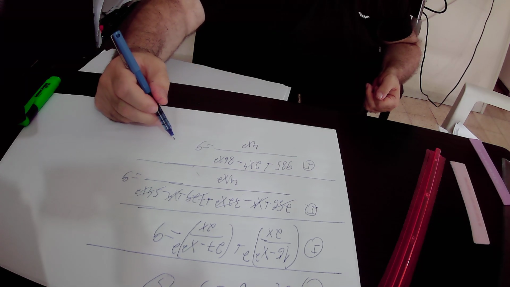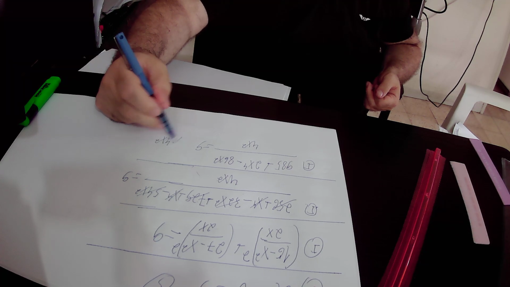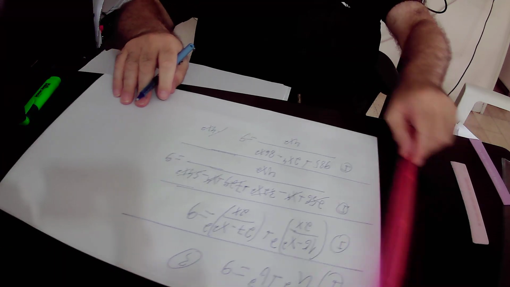Here we multiply equation number 1 by 4x squared, and we get that according to equation number 1,